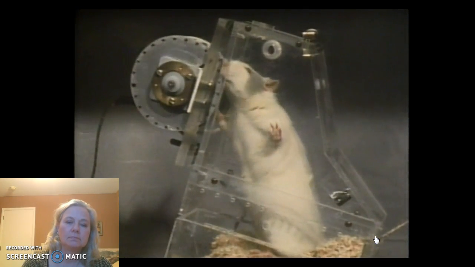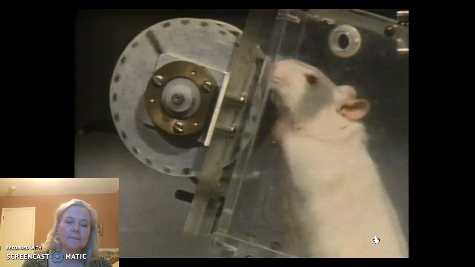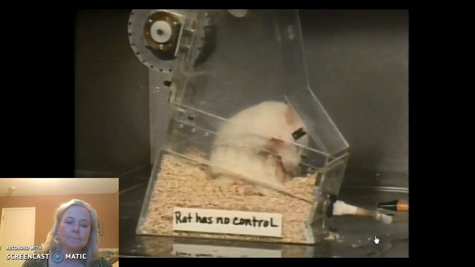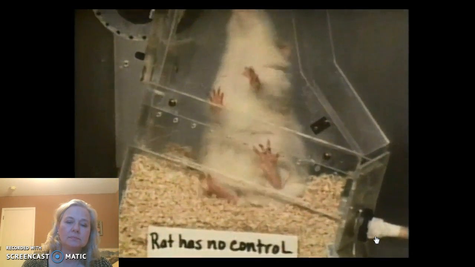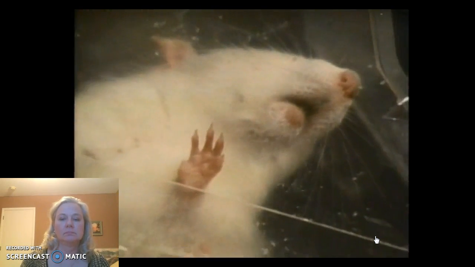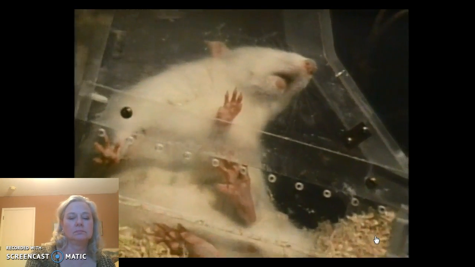And what this experiment is designed to study are the physiological and neurochemical differences that occur in these animals because one has control as opposed to one having no control. And we now have pretty well established that the animal that does not have control over the stressful stimulus is by and large in much greater danger of developing stomach lesions or ulcers than does the animal that's in control.